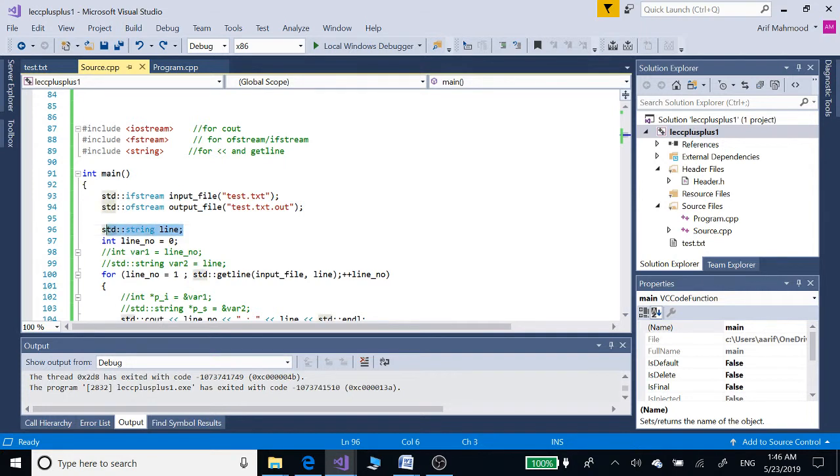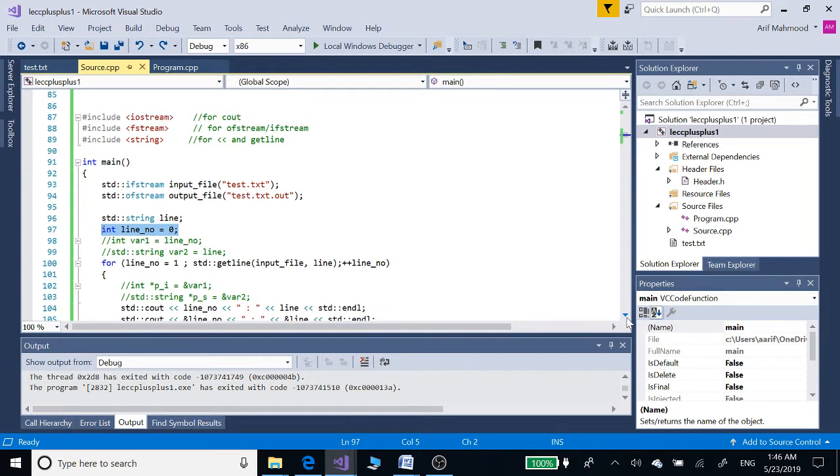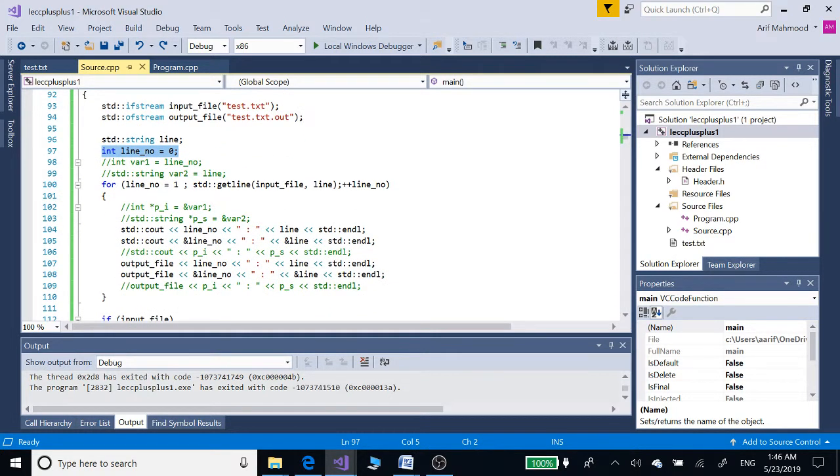Here we have defined a string variable line, and here we have defined an integer variable and initialized it. And after that we are going to use this getline function inside this for loop to take out the contents of our input file, store those into this line variable, and along with that we are going to increase these line numbers as well. And after that we are going to print out the line numbers and the line strings,